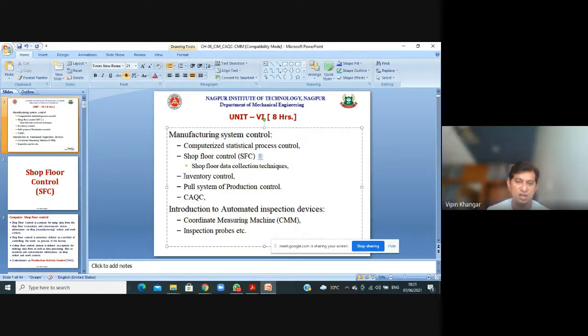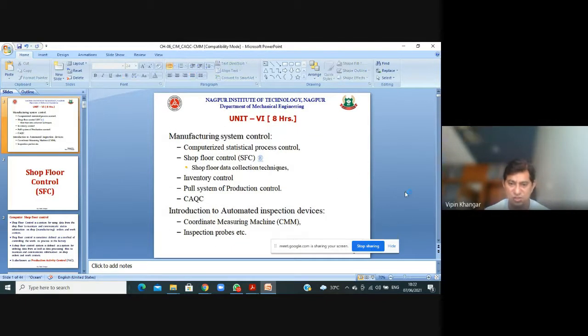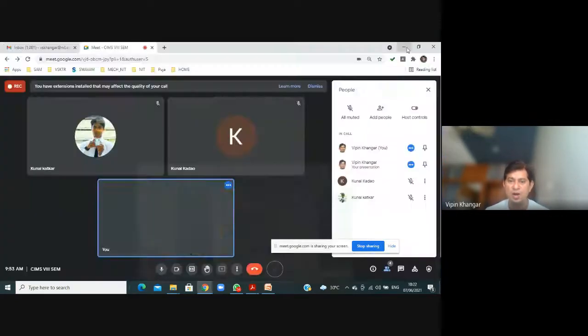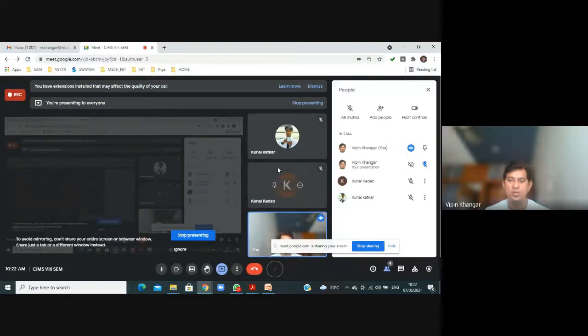Now the next class will be inventory control, then we move to the pull production system, and then computer aided quality control. After completion, the next phase is the introduction to automatic inspection, how automatic inspection is done, CMM and inspection probes, which we will understand. So this was a part of today's session.